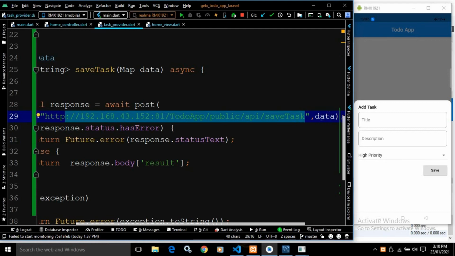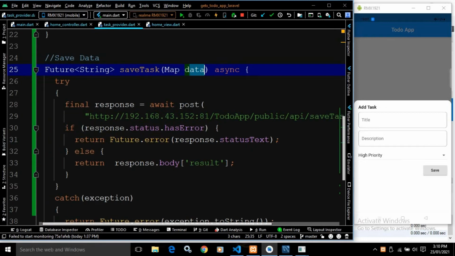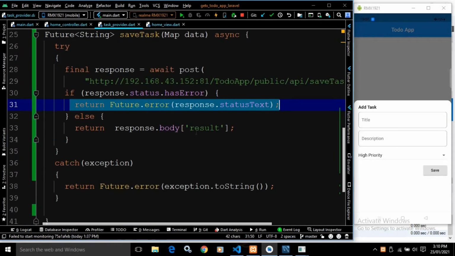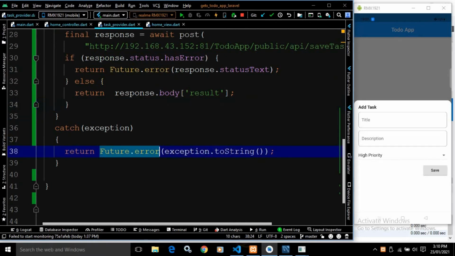And after that, I am passing the data which has been stored here, right? After that, if response.status has error, if there is any kind of error, then this future.error will be returned. Otherwise, response.body result will be returned. Now, why I have written response.body result, that I will discuss later on. And if there is any exception, again this future.error will be returned, okay?